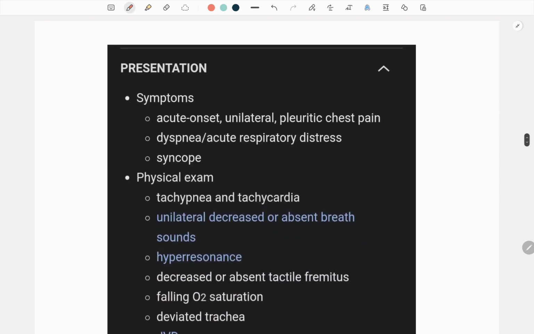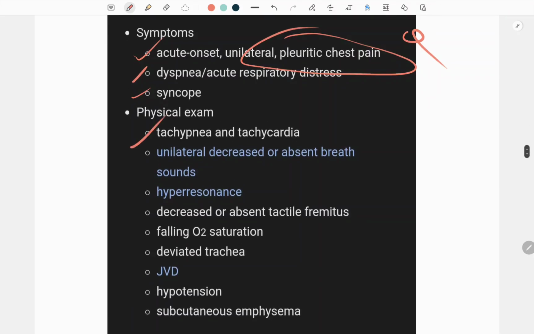Now let's talk about the presentation. The symptoms could be acute onset, unilateral pleuritic chest pain, which we saw in the question earlier, dyspnea or acute respiratory distress, syncope. Let's talk about the physical exam. It could be tachycardia, tachypnea, which we saw in the question, unilateral decreased breath sounds or absent breath sounds on one side, which we saw in the question again, which was on the right side,